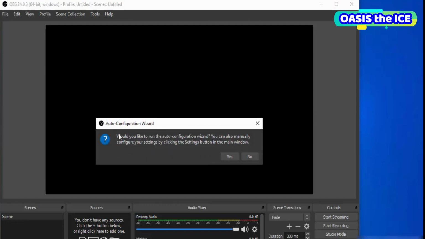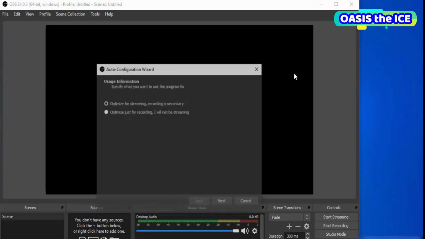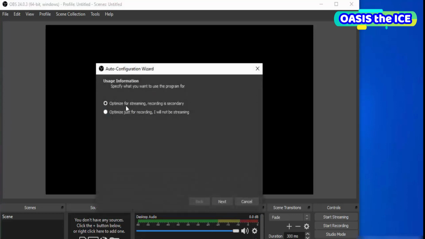So first of all, you will see this auto configuration wizard when you start OBS Studio for the first time. So I'm going to first of all click on yes here, and then you can see two options here in the auto configuration wizard.